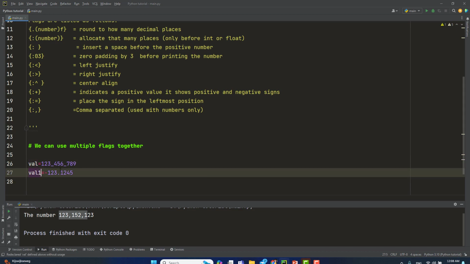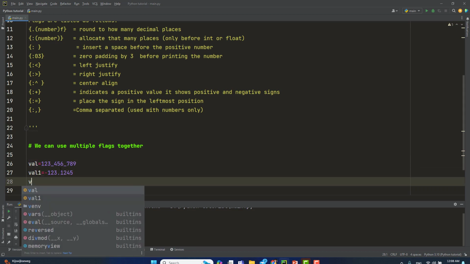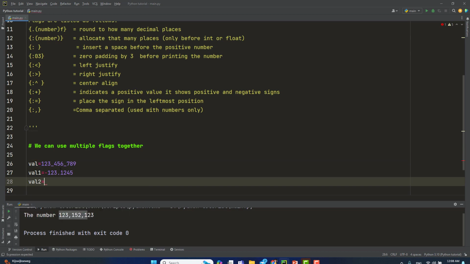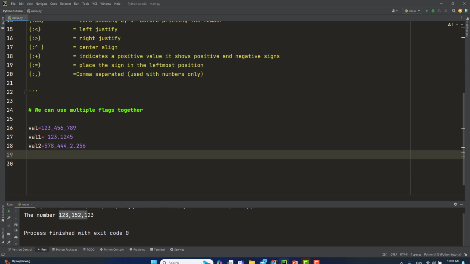This should be a value with a different name. And the third value will be, for the sample, underscore and, for example, 2 dot. These are just random numbers. Now I can print, like this, print